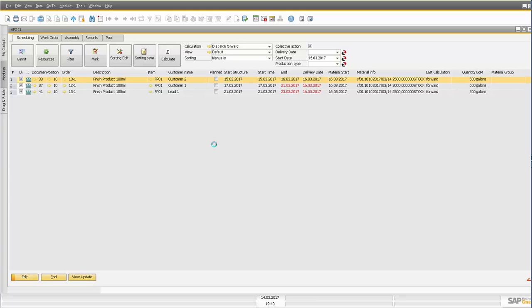So what we also directly see is, okay, we can start this work order tomorrow, and we are finished in 1 day. We don't have a problem. We also see the material I need is available on the 16th. So maybe I get a problem here. I cannot start. I have to maybe check if I get some other material, or maybe I have to start on the 16th. You also see here the second one, we can start on the 17th